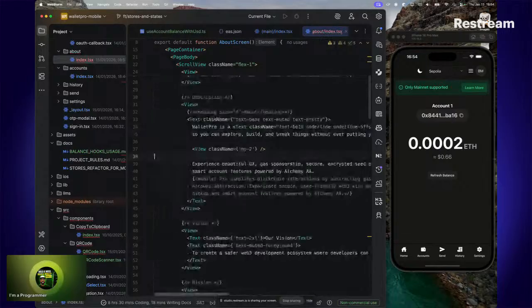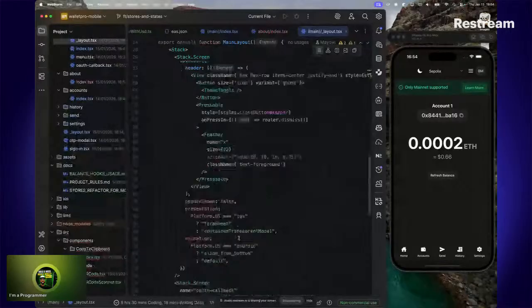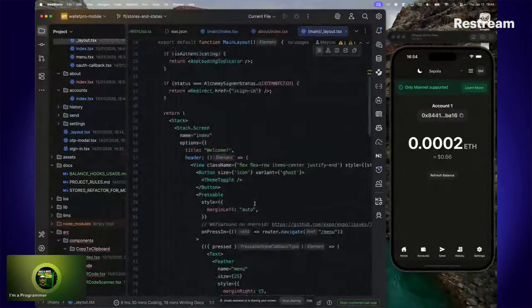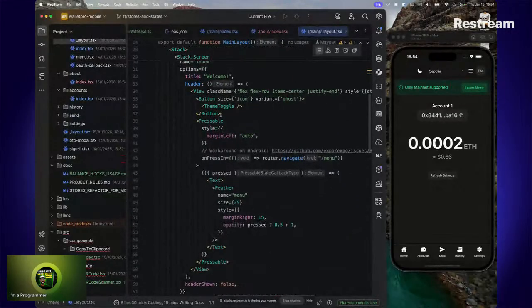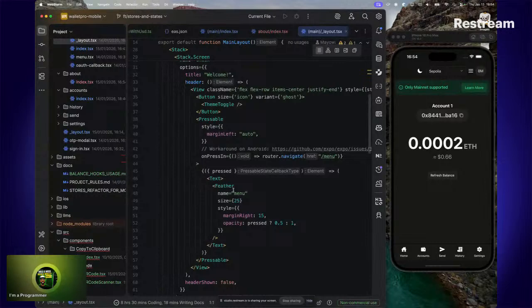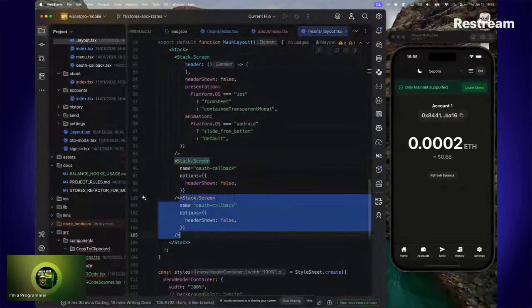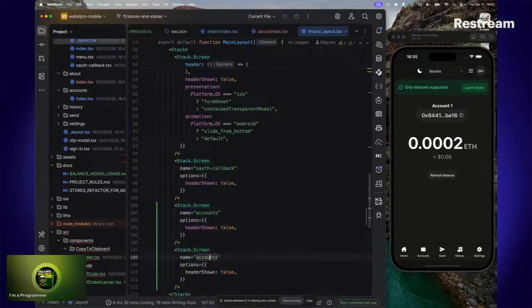So what we can do now is go to this layout also, set the about page in the stack so that we can always just use that from here, just the same way we've done every other page. We have every other page that we've created, even though we didn't add them here by default. We already know we have this default configuration for all the other pages. So to make it easy to work with, I'm going to implement the other pages as a stack. Let's start with the accounts page,